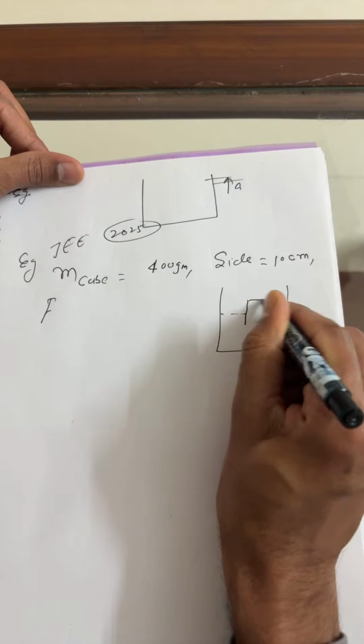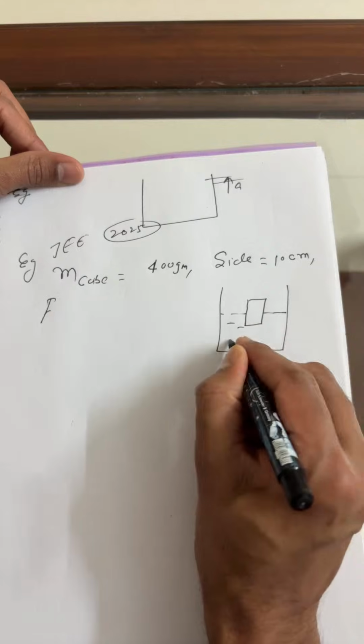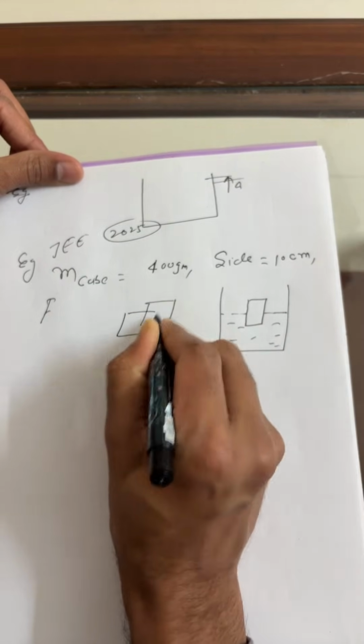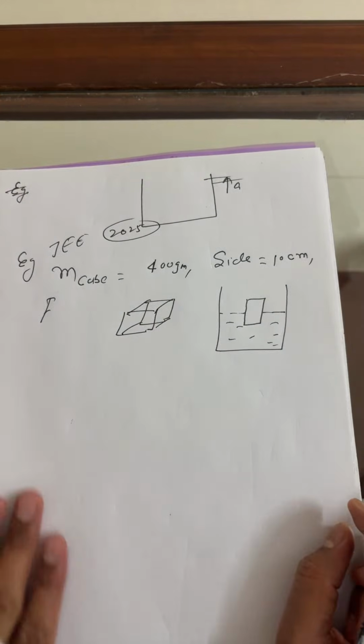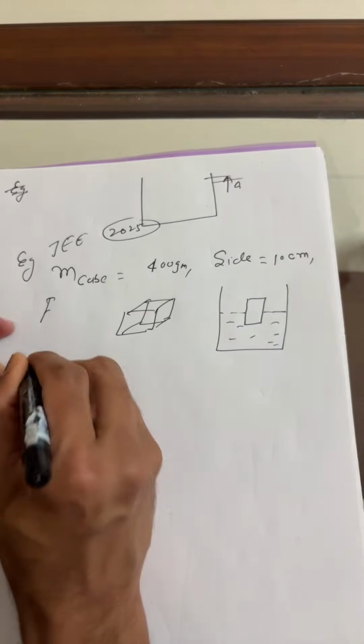This is the cube. I have taken just one surface of the cube. You know, this is not a cube surface, this is the cube basically. I hope all of you know. But I have taken one part only, one surface.